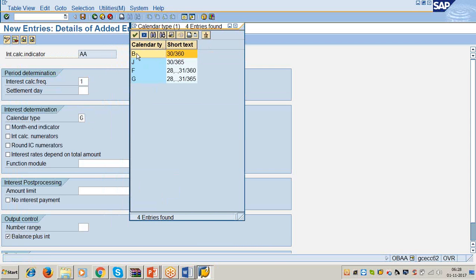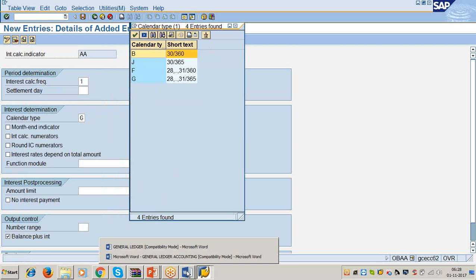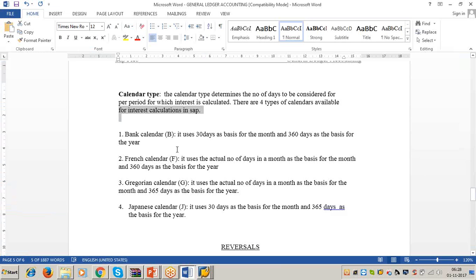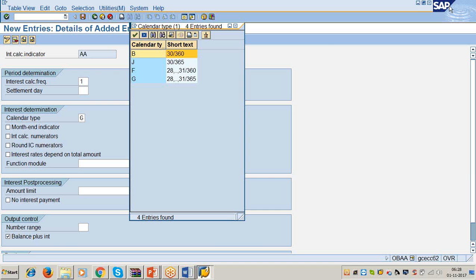B for bank calendar. So bank calendar, if you use the bank calendar, what is the impact? It uses 30 days as the basis for the month and 360 days as the basis for the year. Means